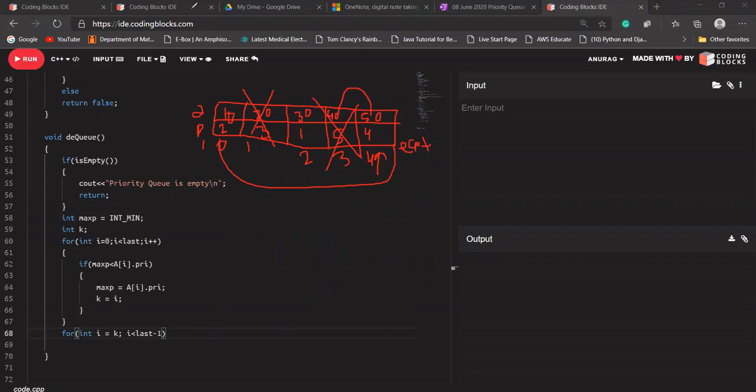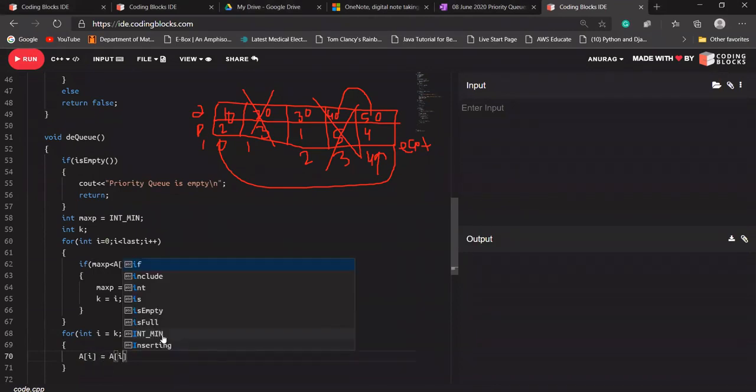Let's write i++, and what I'm going to do here, a[i] equals a[i+1].